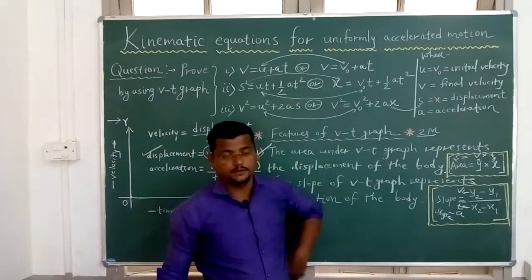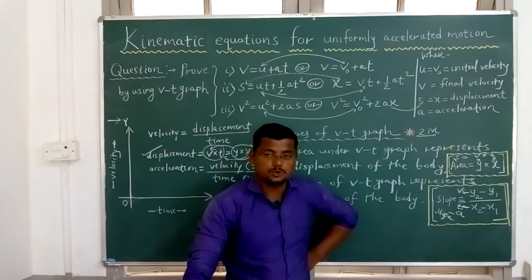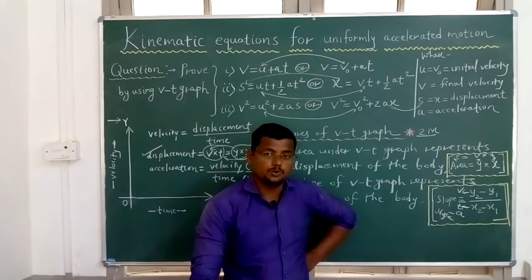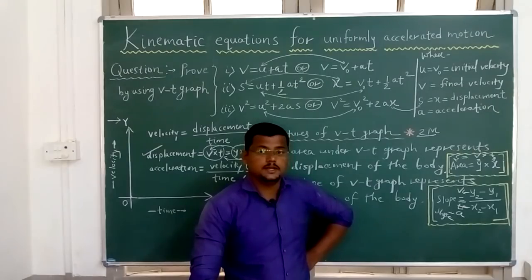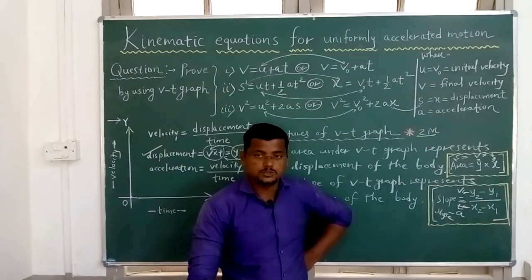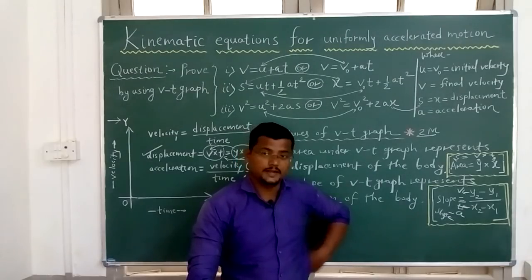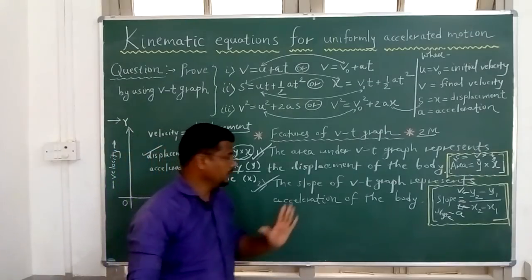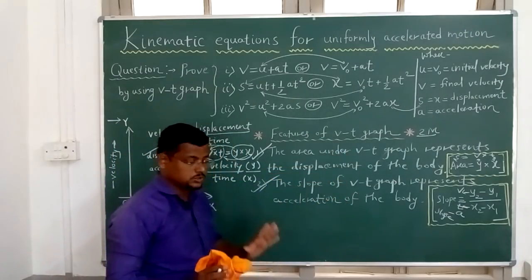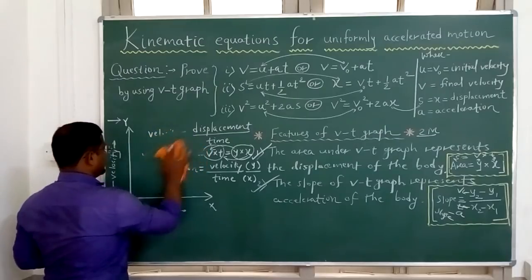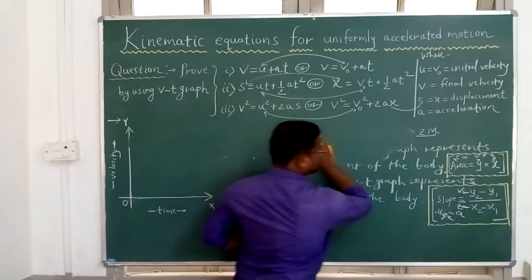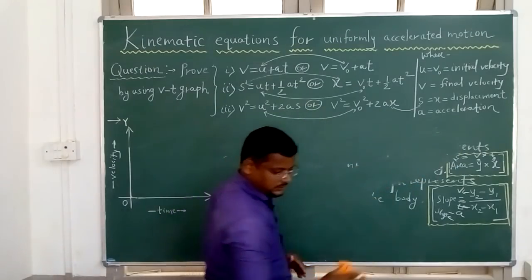In your exam they will ask like this: what does the slope of the VT graph represent? So keep in your mind, slope means the ratio of velocity and time, because the slope formula is y divided by x. So velocity by time means what here? Acceleration. Okay, so these two you write in your notes now. It is a very important concept. Now with this I will start today's class.